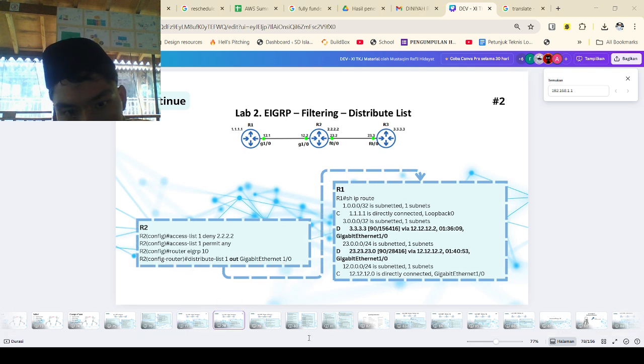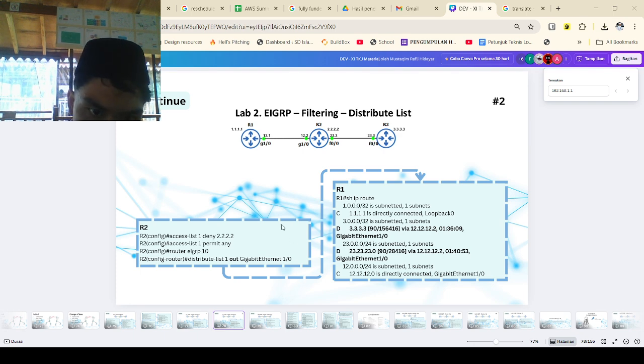And image 4. So the next, still the same: filtering with the distribute list out on R2. So what you see on R2, same access control list, deny 2.2.2.2, permit any, under router EIGRP 10, distribute-list 1 out GigabitEthernet 1/0. So it is to tell R2 don't even send the 2.2.2.2 route to R1.